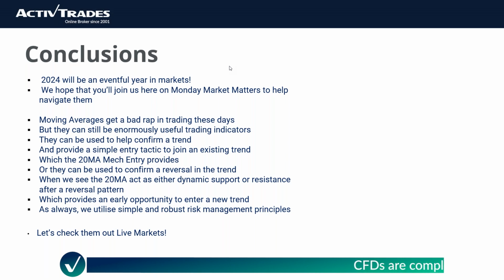In particular, for what we touched on today, as I said, moving averages get a little bit of a bad rep, but they can actually still be enormously useful trading indicators in terms of helping support us with our trading decisions. They can be used to help confirm a trend and provide a very simple entry tactic to join an existing trend, which is what the 20 MA MAC entry provides, or they can be used to confirm a reversal in